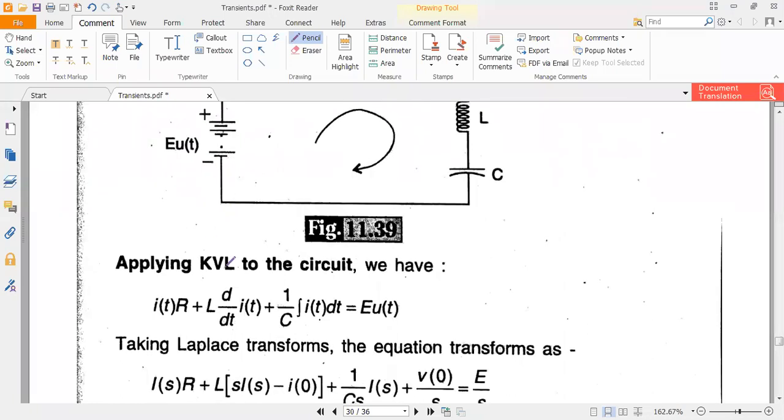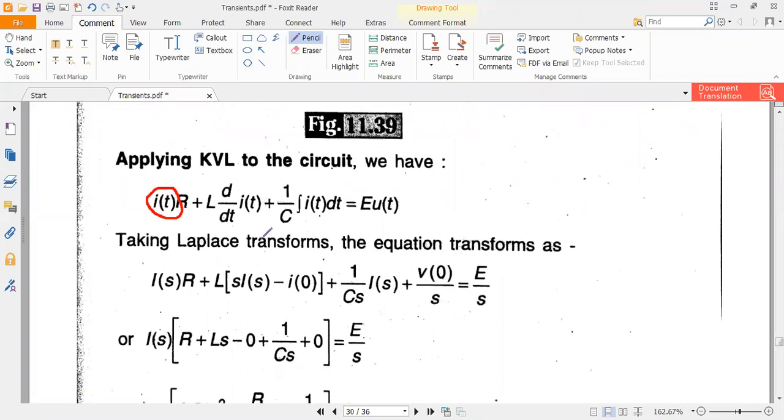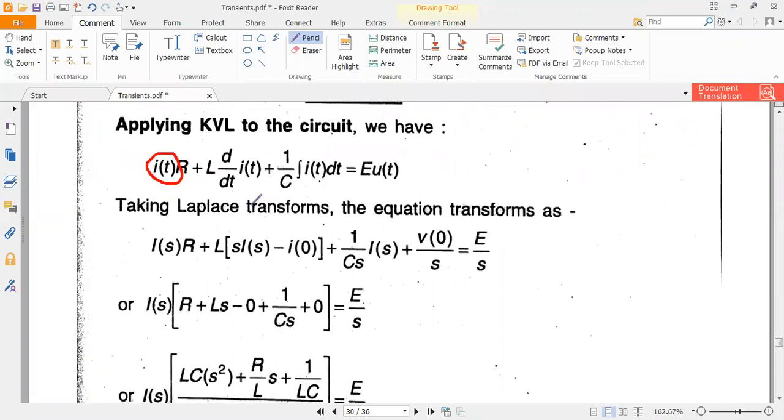Okay. The procedure is similar to the series RL and series RC circuits. Here also we have to find the response, which is i(t). So this is a differential equation. To find the solution of a differential equation there are many methods, but here we are going to use the Laplace transformation method. So now we apply the Laplace transformation on both sides of this equation.